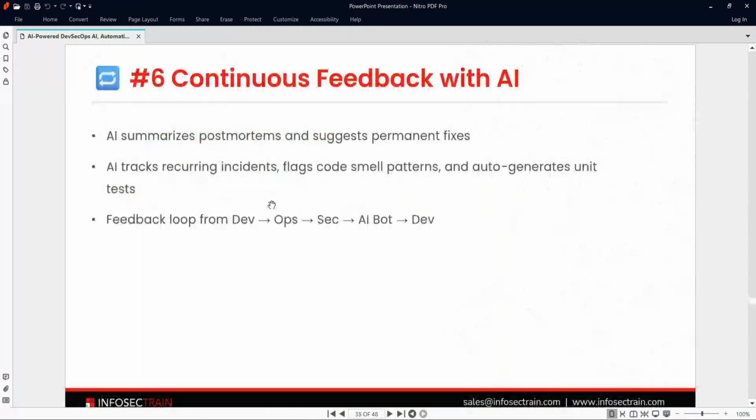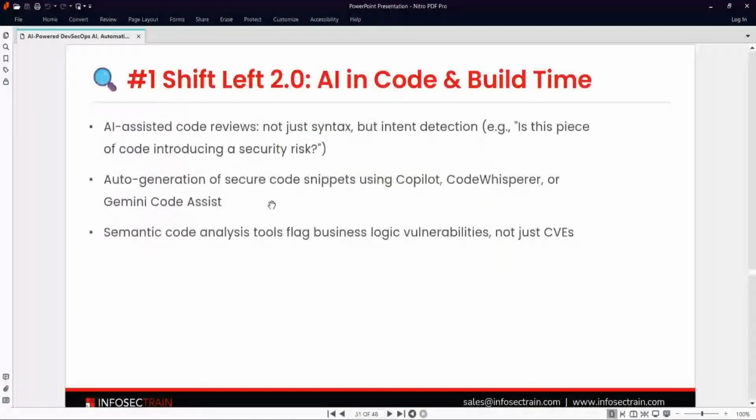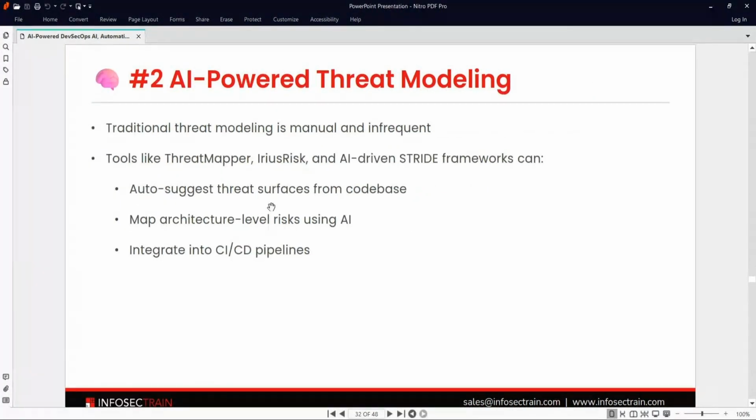So in a nutshell, we are implementing shift left. Let me rephrase everything. Meanwhile, if you have any questions or queries, please do let me know, team. So one is shift left 2.0. Another one is AI powered threat modeling. Yeah. So the next one is AI powered